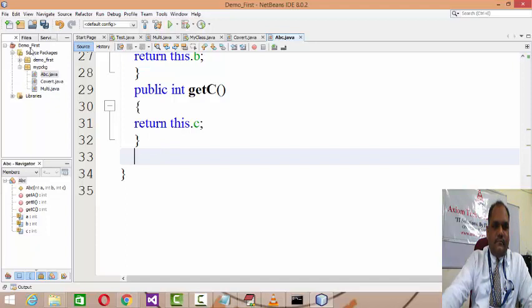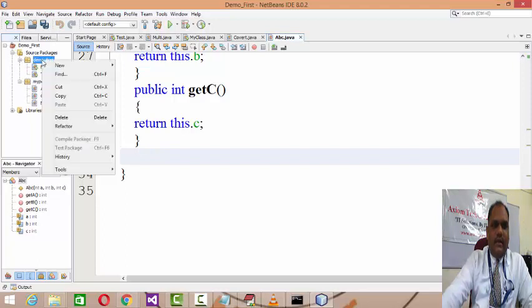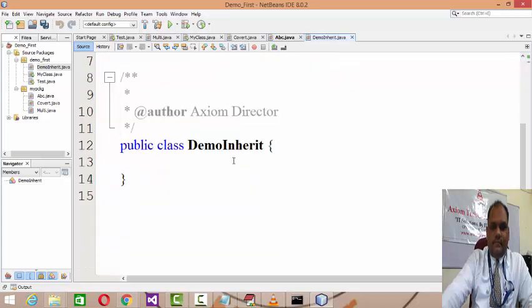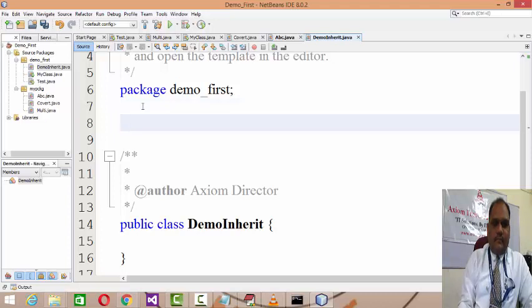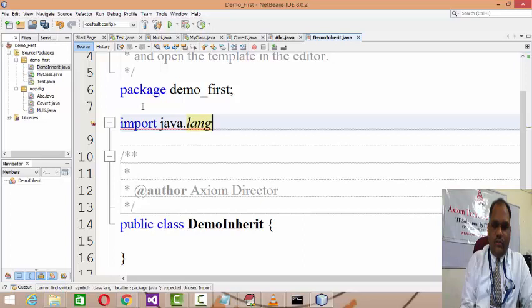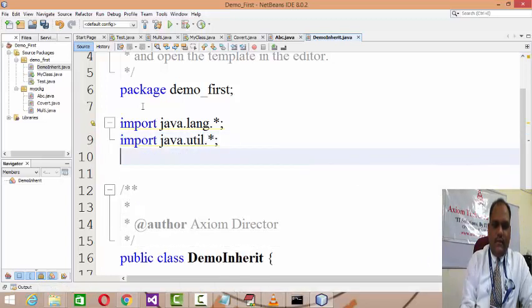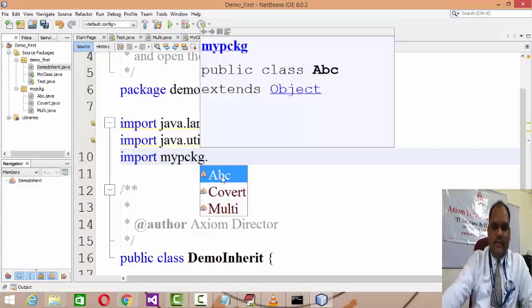Then in the demo first project, I'll be adding a new class, my derived class, and my derived class name is DemoInherit. In DemoInherit I need to import the packages java.lang.*, java.util.*, and I'm going to import my package dot, what is the class we constructed, ABC.